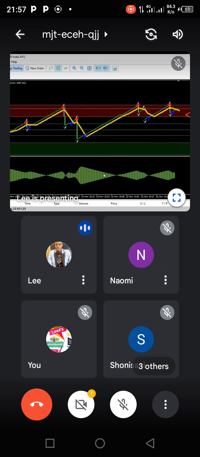But our green line, which was acting as our support in Boom, in Crash the green line is acting as our what? Resistance. Okay. So meaning in Crash, your support,